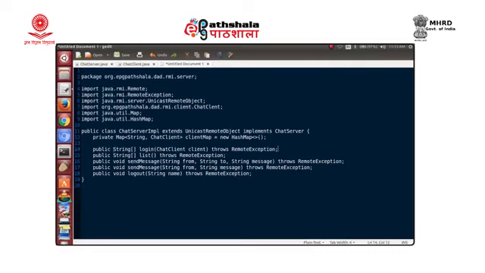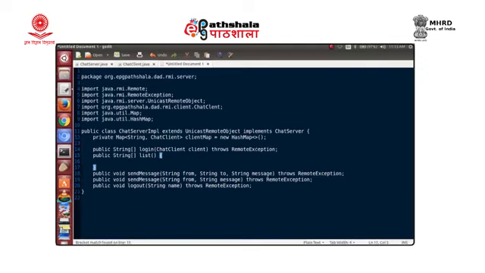Let us start with the implementation of the list method. All our clients are going to be managed in the map, and the names are the keys in that map.